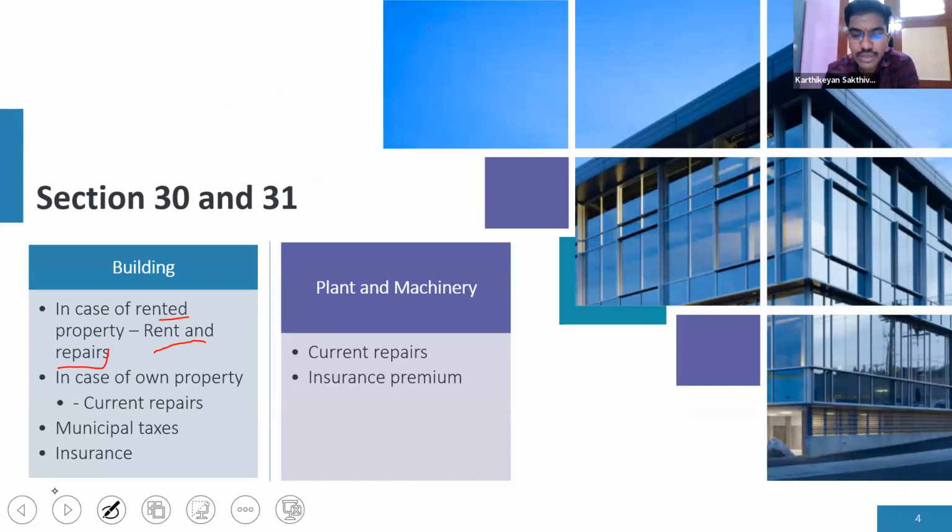So every time you are reading a section, that's what I would again and again say while reading the chapter of PGBP: refresh your knowledge on accounting. What treatment you are going to give in income tax is based on what we do for an item in accounts. Okay? In accounts, just a minute,